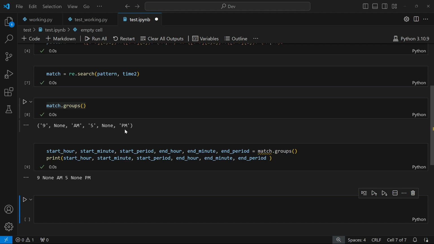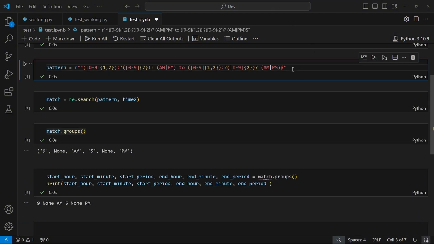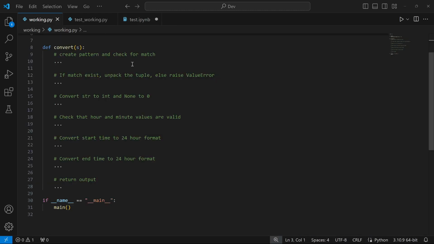However, there's still a lot more to do because after we have this match, we need to convert this time from a 12-hour format to a 24-hour format. And it's going to require a little bit more coding, but no worries, we're going to go through it step by step. So the first thing I'm going to do here is copy this pattern since we already have it here, and paste it in our file working.py